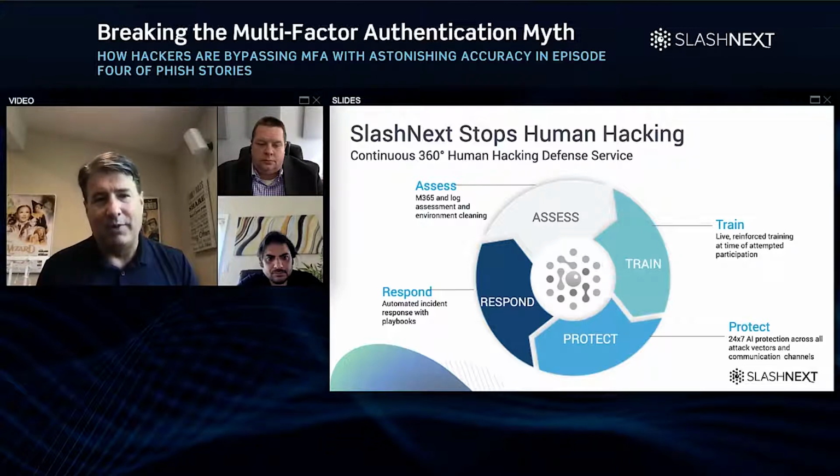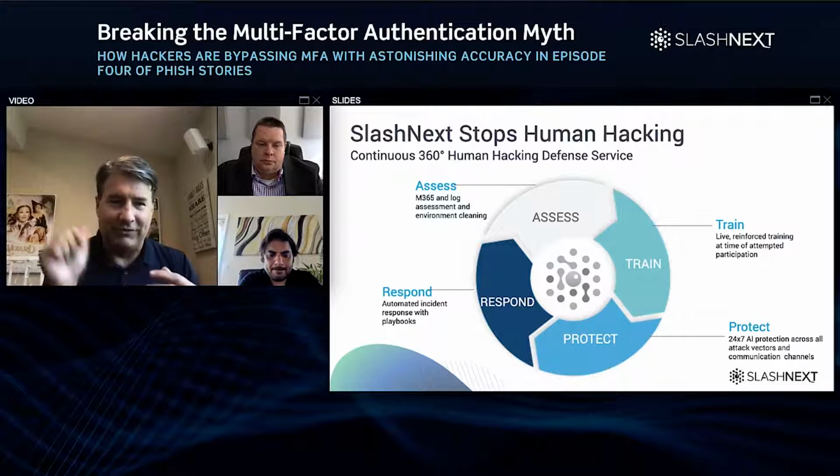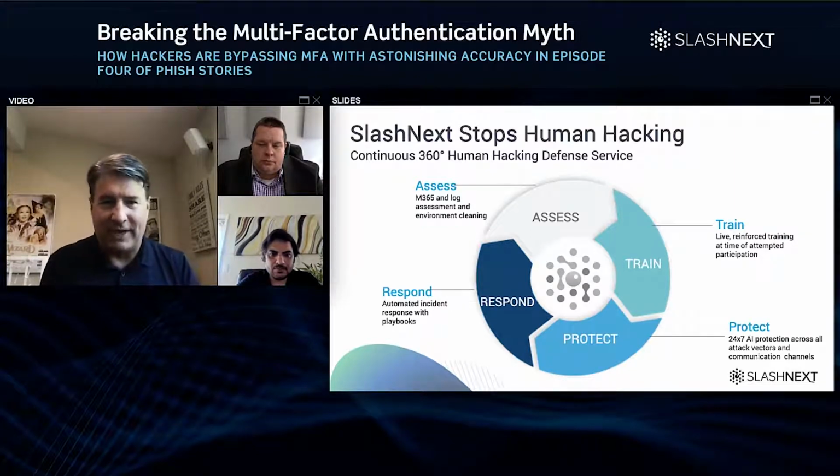Second, you want to be able to do training, but do training smartly, not from the old way of doing training where I'm simulating attacks and effectively, in some respects, pissing your users off or your employees off because I'm trying to trick people. We know that doesn't work. And the reason why we know that doesn't work, none of us pay attention to computer-based training. Let's call a spade a spade. It's compliance-based.